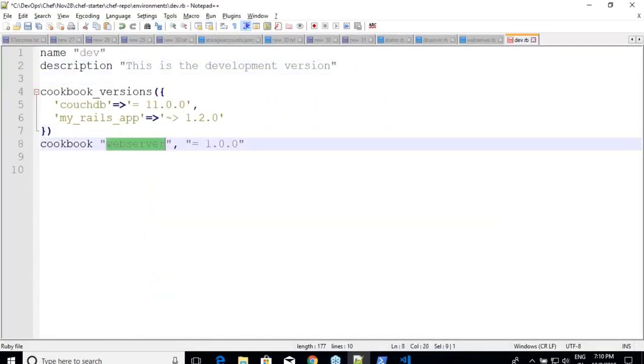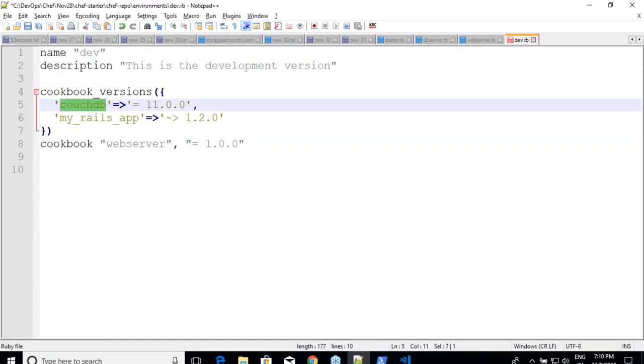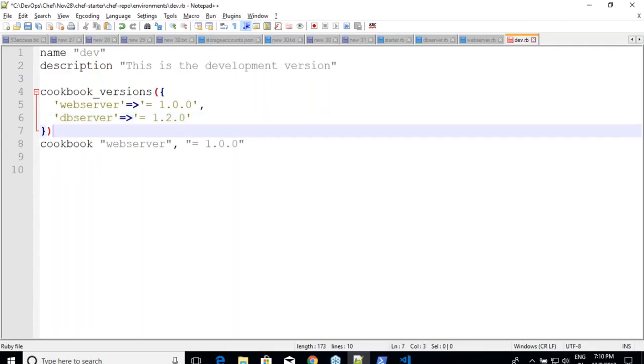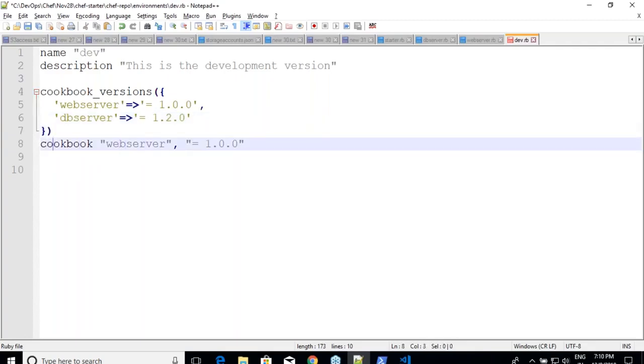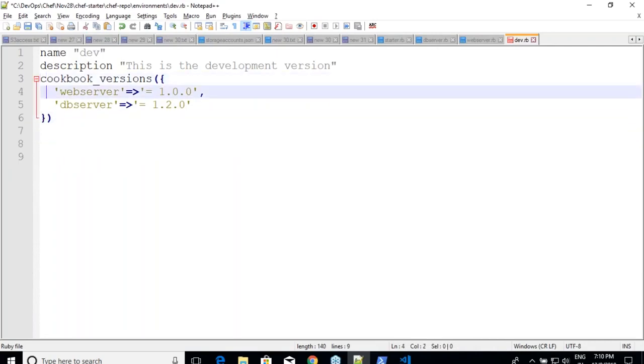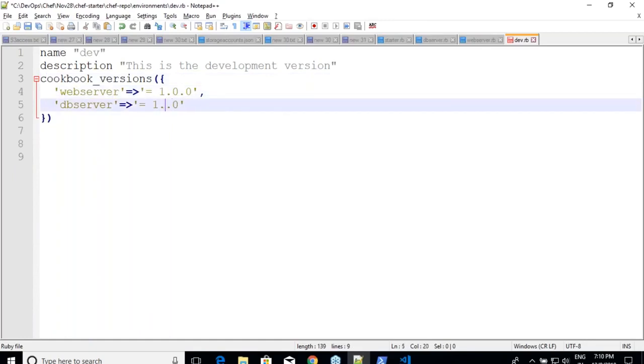Equals to 1.0.0 and DB server is also equals to 1.0.0, and I'm not interested in this line. Simple. So it is 1.2. I'll correct it. Now I'll copy the same content